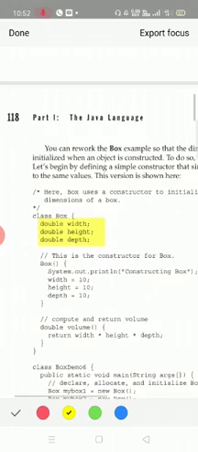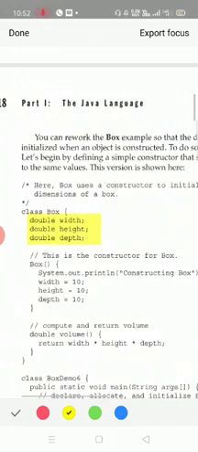Then just go through the comment line as well. Here is the box class constructor you can find. Box followed by open and closing brackets signifies the constructor. Remember, constructor will not have any return value.